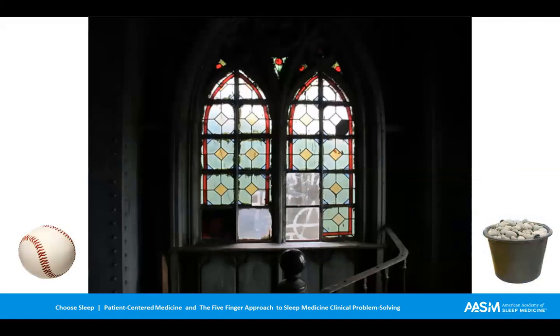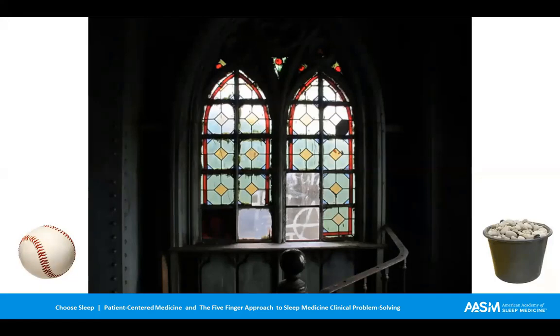To a patient, I'm picturing a satisfying sleep-wake experience like a beautiful stained glass window. When it's intact, it's a thing of beauty. It's a source of well-being and rejuvenation. But when it becomes broken, it could become the focus of that person's life, just trying to get it repaired. So the question really is, what kinds of things can break a window like this? In this example, you can think of obstructive sleep apnea as being a good solid baseball. Most providers have learned to recognize that baseball, and we've even got some tools that can help put that baseball away so it can't be as destructive.